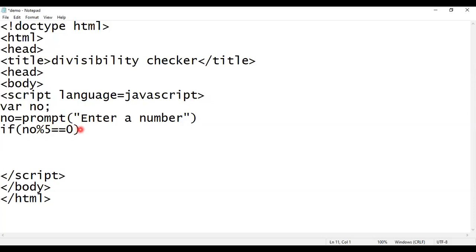We are getting two answers, yes or no. Now here I am going to write the code: if no mod 5 double equal to 0, then